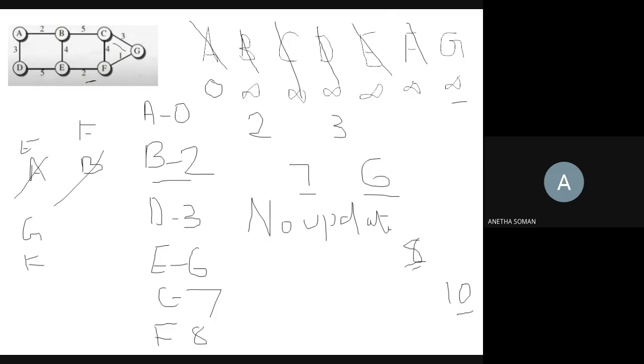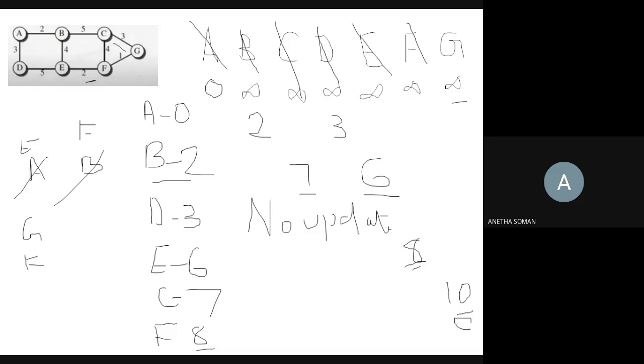Okay, now I have to find who my neighbors to F are. Now who are my neighbors to F? I have G and C. Right, now what is the distance? This is equal to 1. F to G, the distance is 1, but from my source node, this will be 8. So 8 plus 1, you have 9. Now, the value of G is already 10. But I am getting a value lesser than that, so I have to consider it.